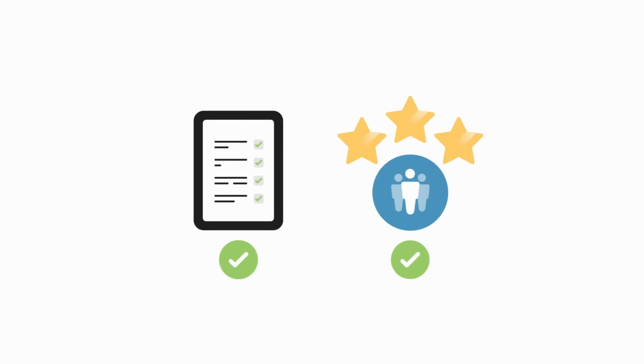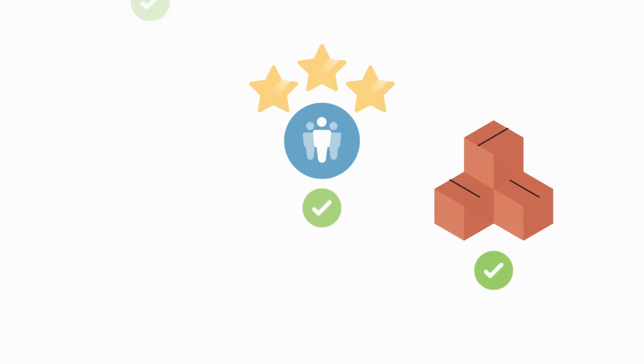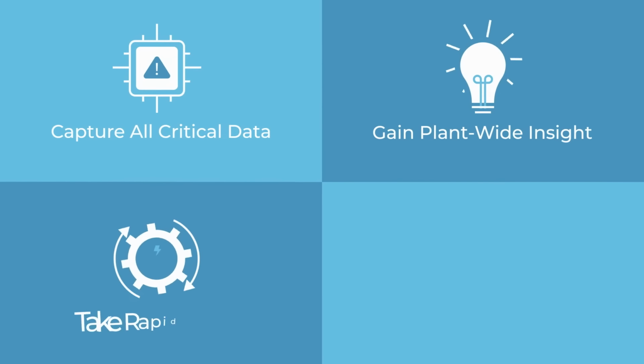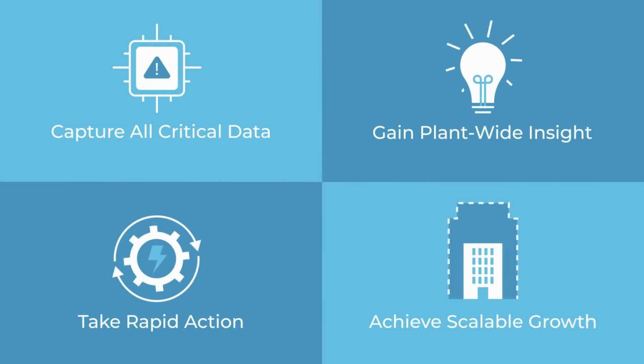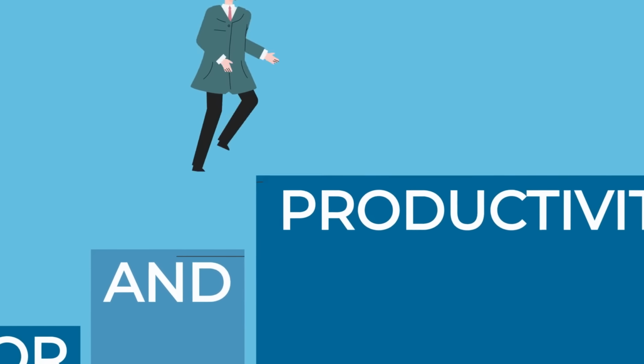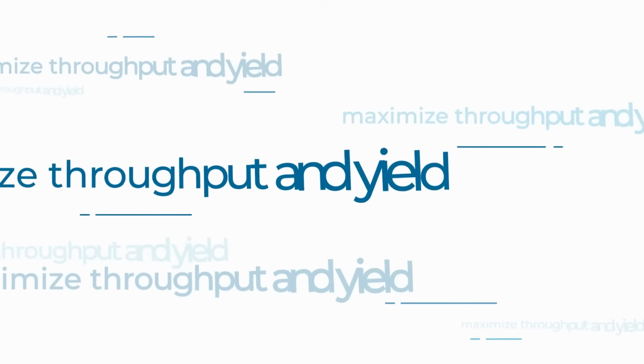With SafetyChain, you can ensure compliance to safety and regulatory requirements and meet your customers' quality expectations without sacrificing the speed of production. Our unique approach gives you the power to capture all critical data, gain plant-wide insight, take rapid action, and achieve scalable growth with real results that optimize labor and productivity, ensure quality, safety, and compliance, and maximize